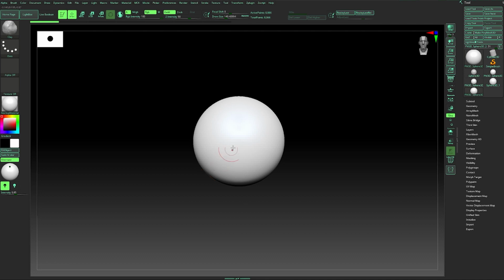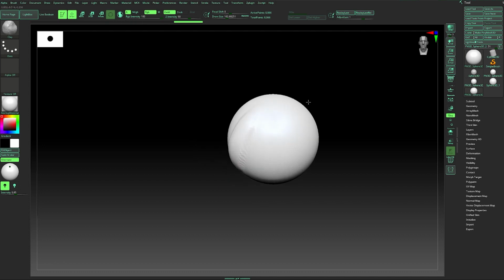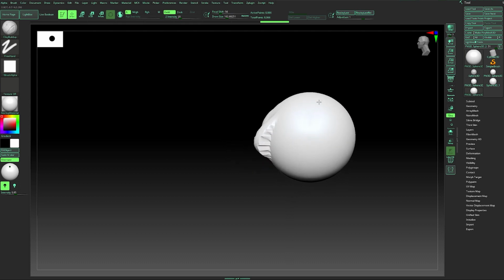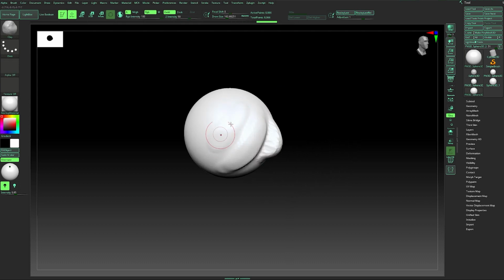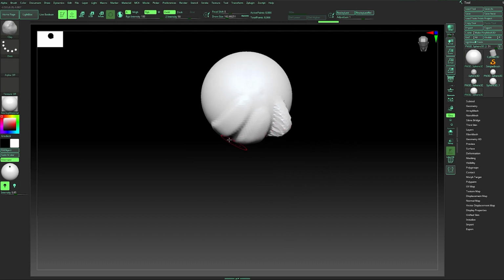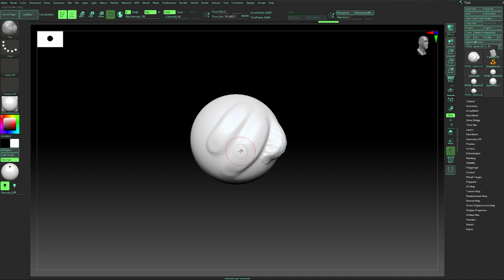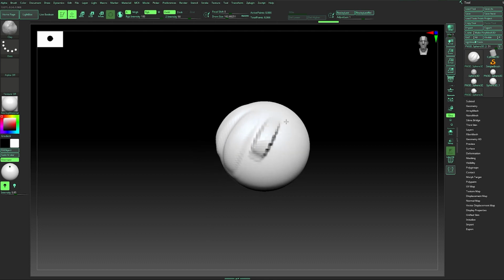The next tool is the Clay brush. Clay brush is just like the clay in real life. It adds clay on your model. We have a clay buildup tool that is great for adding volume, but the clay brush is the more controlled one. It's great to create the fibers of the muscles on your model or adding volume with control. But if you want to add volume fast, you can use the clay buildup brush.